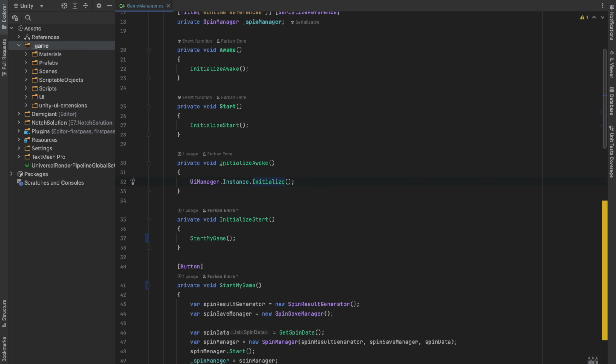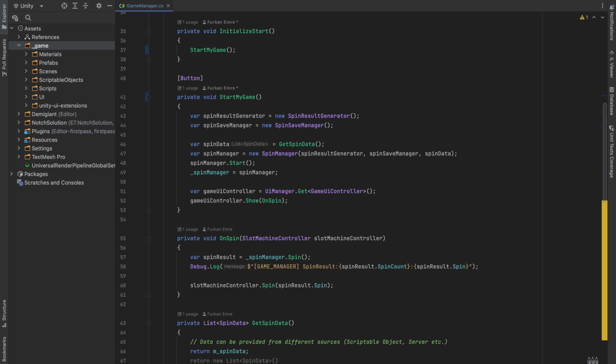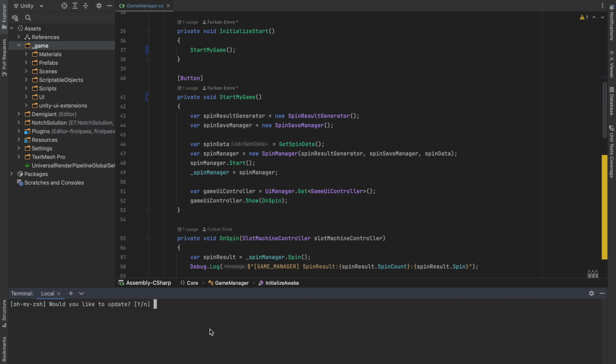So again, what can be other options? I use terminal some of the times in there, and you can also commit from